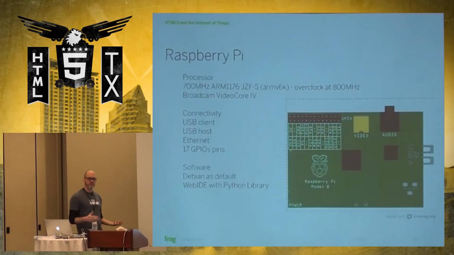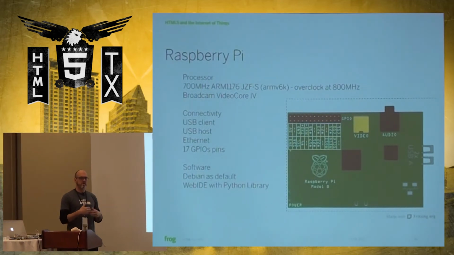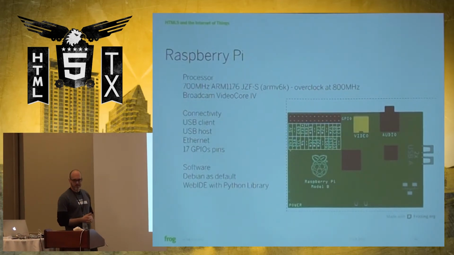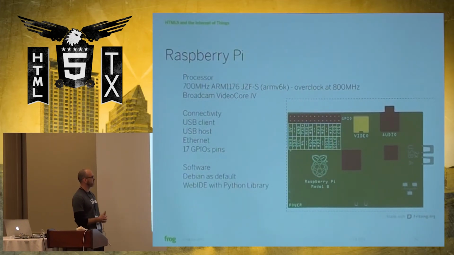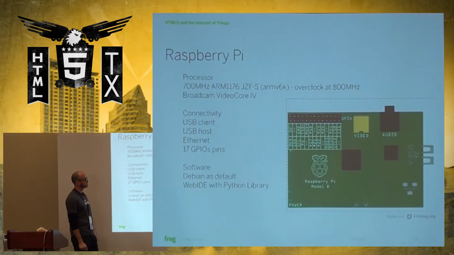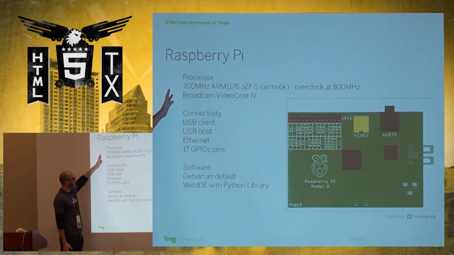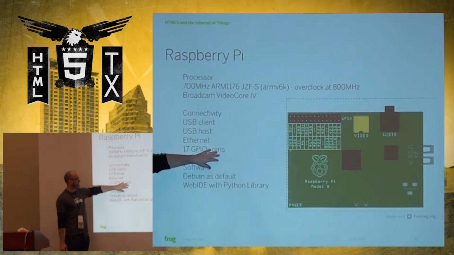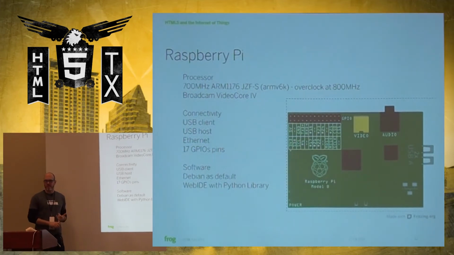So then I discovered the Raspberry Pi when it came out. $35, very similar to the Beaglebone. And I said, well, what is this guy going to do? What are the pros and cons with this unit? Processors are pretty much similar. It has fewer pins, but actually my talk is already obsolete because they just came out with